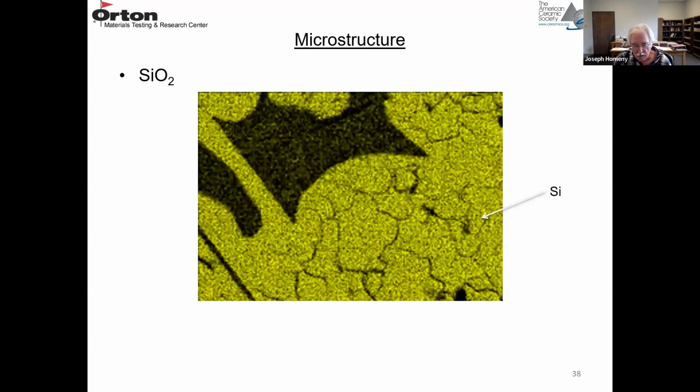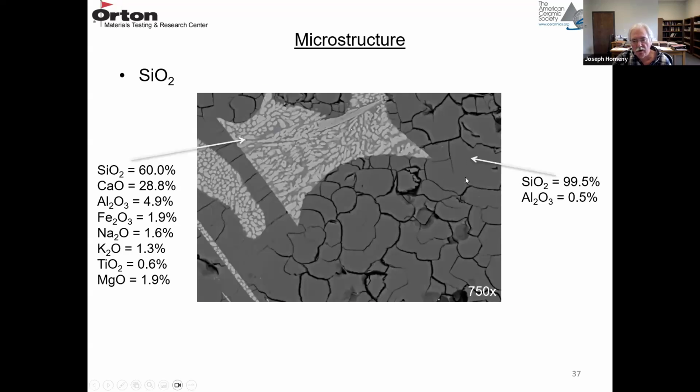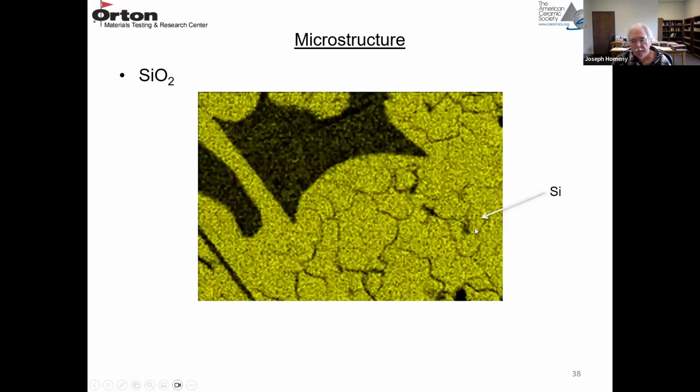So besides doing EDS analysis on either regions or points, we can do an EDS mapping. So the yellow is Si. So the bright yellow is where all the cristobalite and tridymite crystals are. And then the region where the impurities are concentrated, you can see some yellow. It shows up a lot less intense. This is very intense because it's basically 100%